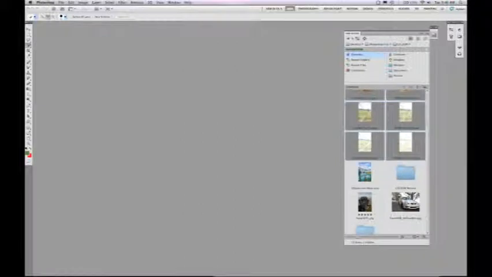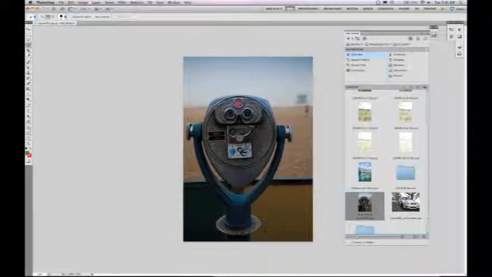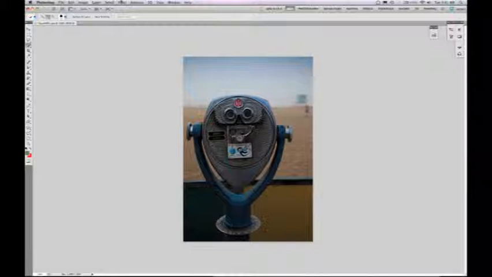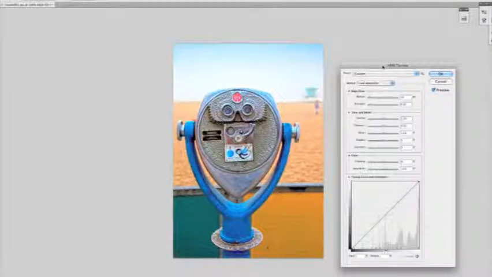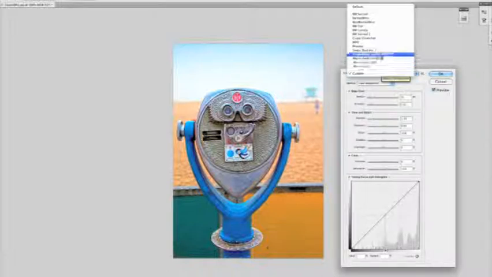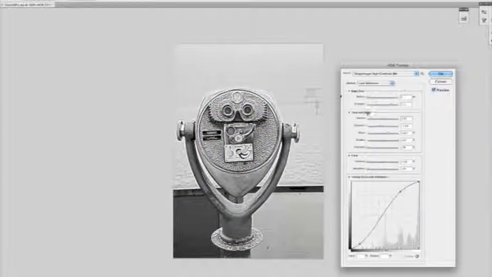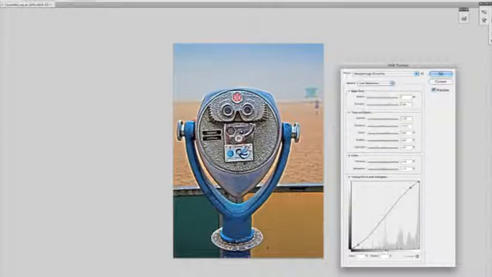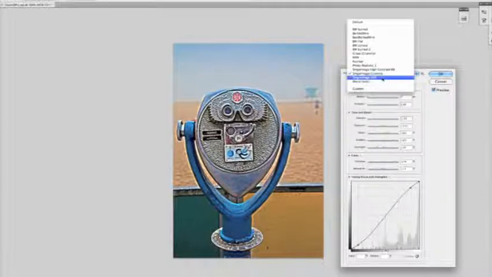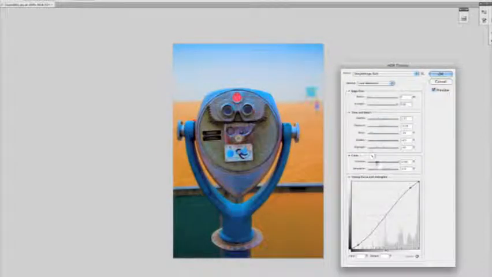Next thing that I want to show you is what we're doing with single image HDR. And the idea here is that we want to emulate HDR toning. We have a single image and maybe we want to mimic that aesthetic that we just saw in HDR, or maybe we just want to do some things we weren't able to do to our images prior. Got some single image presets here. One of them is high contrast black and white. You can see we have the same controls, but again it's just with a single image. I can come in here and make that more of a crunchy, high contrast color image, or even a very soft image that looks almost like a painting.